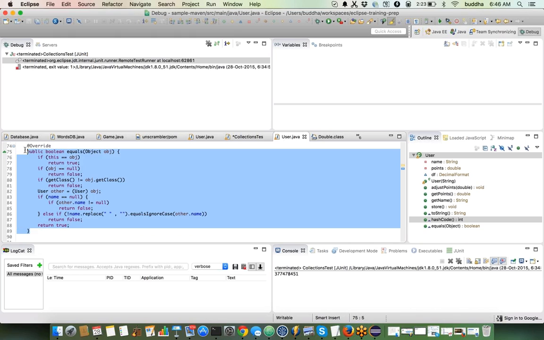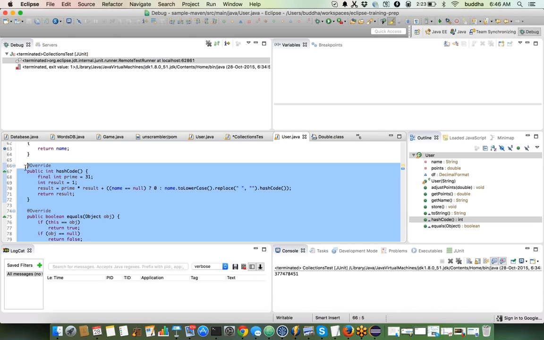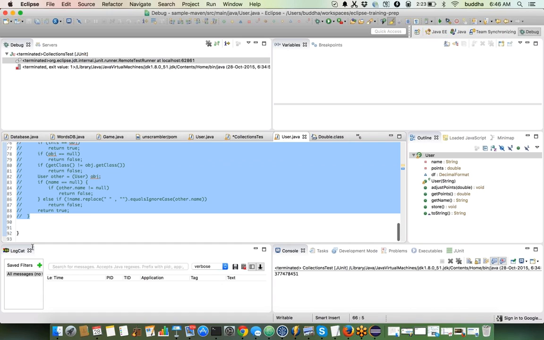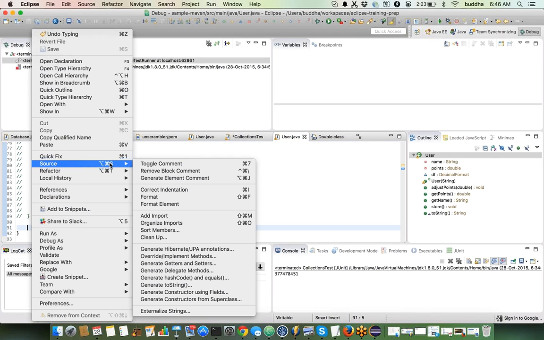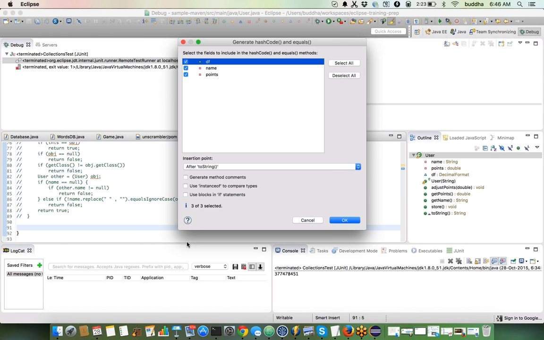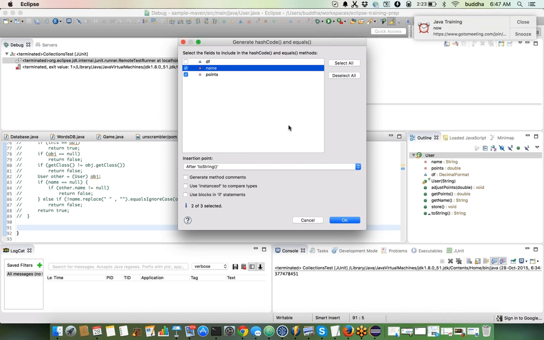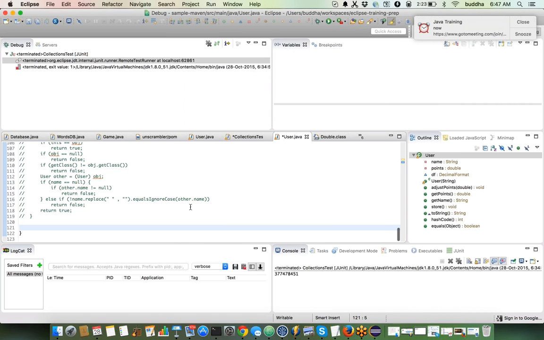Let's hide these things. Let's comment this hash code first, then right click, go to source, generate hash code and equals methods. Here it is asking which parameters to be considered when generating the hash code and equals. The double format df is just a formatter, we don't have to consider that. So only name and points are important data for us in this class. So now if we say okay,